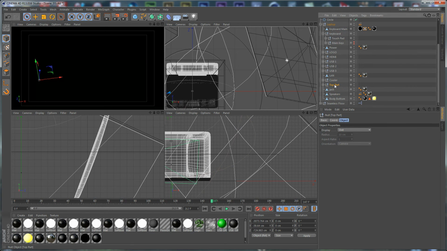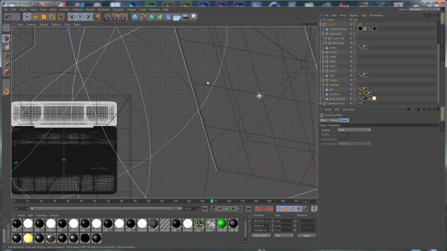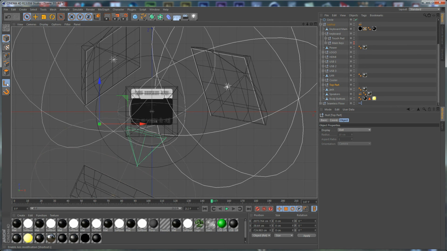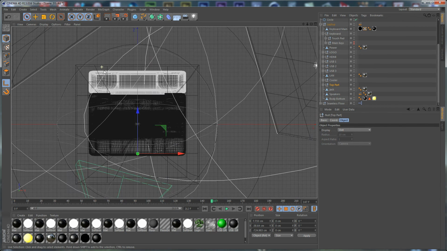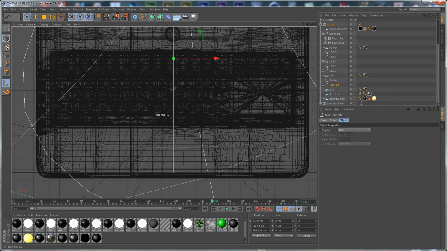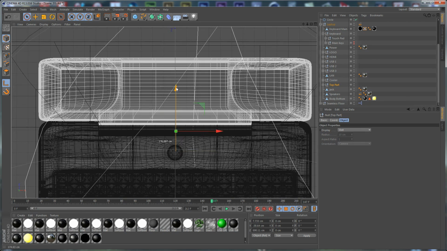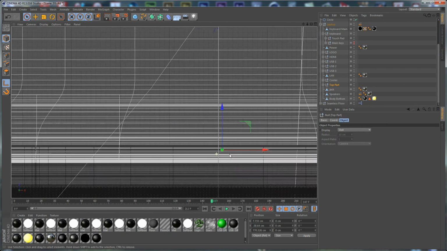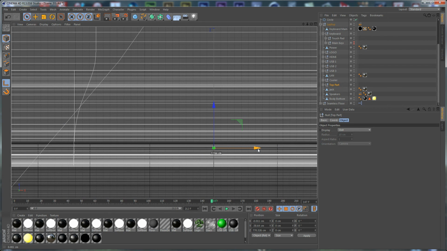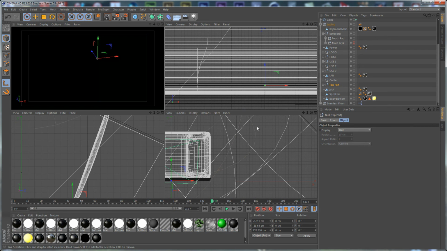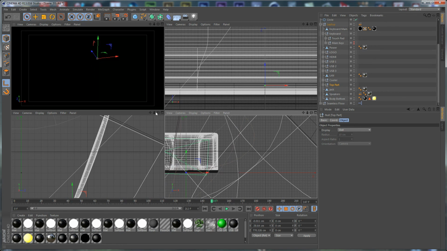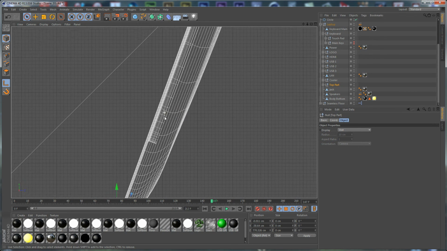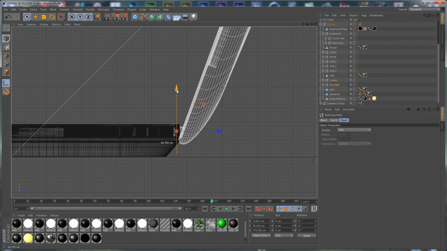This is the top part, so we need to select this, and if we go to the top view you can see where is our anchor point, so we need to switch to the anchor point mode, to the axis mode, and let's move this in place, and we need to set it here in the middle, and let's switch to the side view here. I just move it up like that, and now for the top part we need to set the rotation